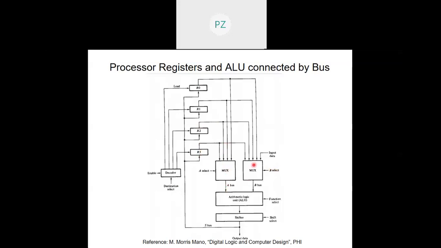Over here we can see that if it is 0, 0, then R0 gets directed, 0, 1, R1, R2, R3 with 1, 1, and maybe with 1, 0, 0, we are taking data from the outer world as the input data, right? So this is the B select. Any one of these inputs at the A bus and B bus will be available depending on the select lines A and B, right? So this will give me the arithmetic logic unit inputs.